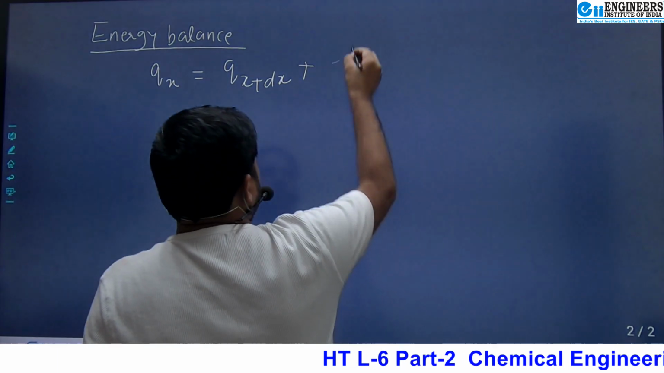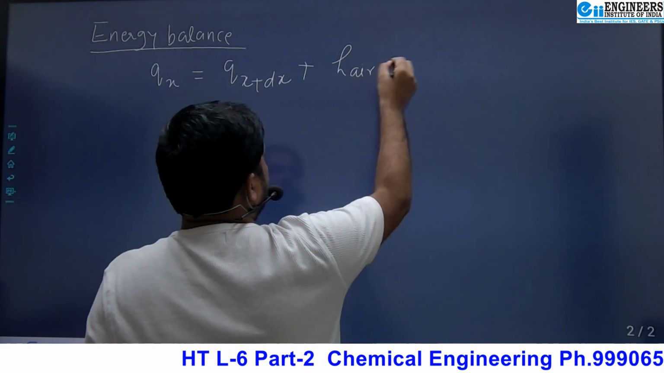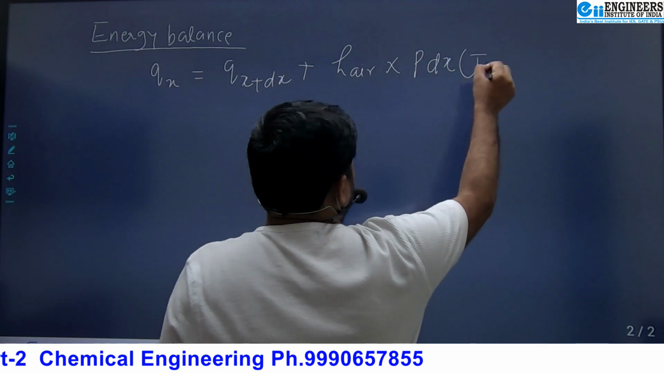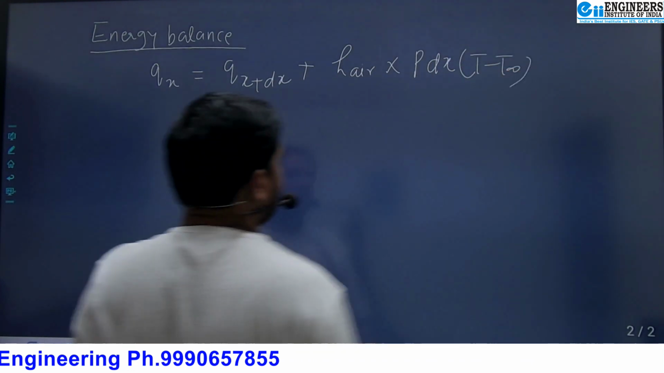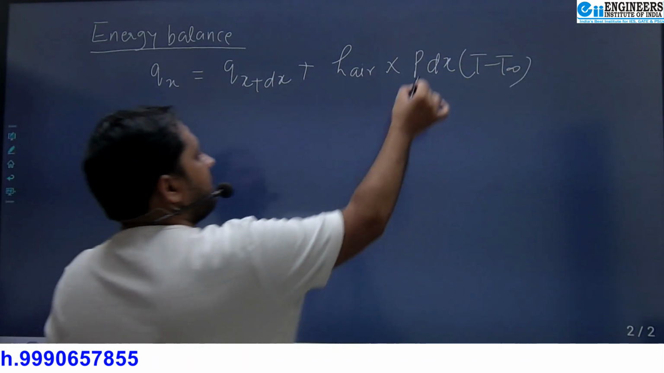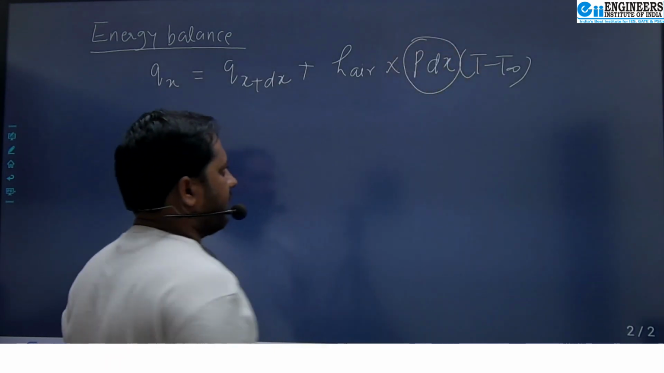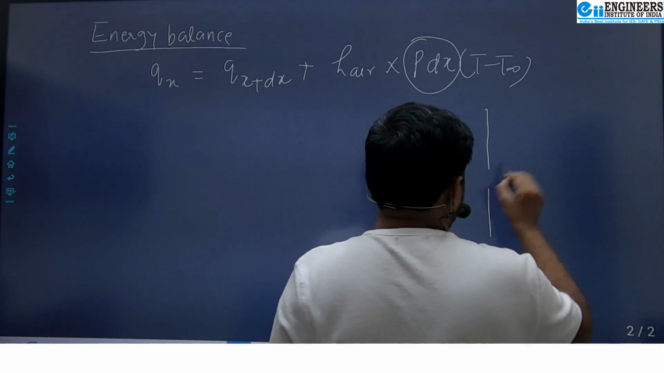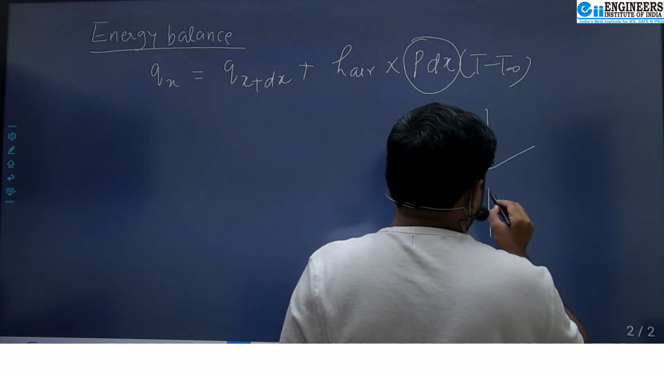So what is entered here is either conducted away or lost by convection, and when you talk about what is lost by convection, you can write h air into the area, that is P dx, into T minus T infinity. Why P dx? The question is why P dx? If you see the diagram clearly,